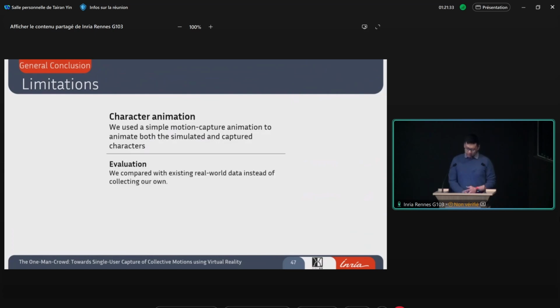And second, in each of our experiments, we replicate real-world scenarios and directly use their data to compare our results. But due to some physical restrictions in our lab's conditions, we can't perfectly replicate the same conditions. So a better idea would be to conduct our own real-world experiment to compare the data. And then third, our evaluation only focuses on the 2D trajectory, but not on the animation that we captured from this procedure, which, if you think about it, is actually quite an important element of this process, of this paradigm.